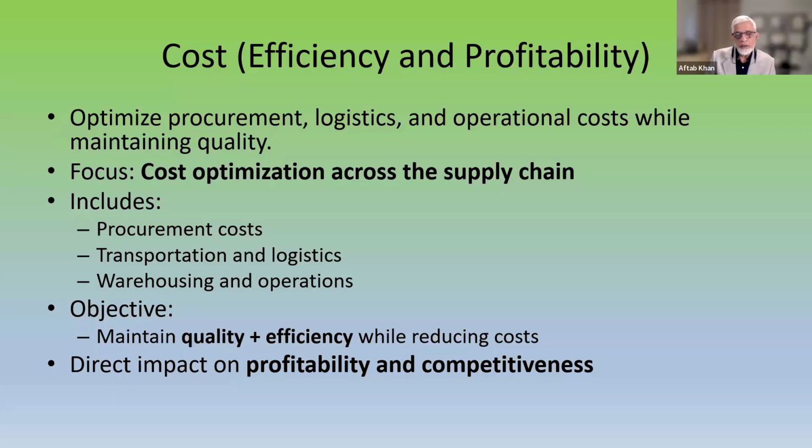And then look at the total cost of ownership. You buy a material at low price, but lo and behold, it goes into use on the shop floor and creates more scrap, more difficult setup, and poor quality in the final product. There you lose money. So the price tag is not the only measure. It's the overall life cycle of the product through its use, utilization, scrap, appearance, ease of use, ease of disposal, everything else. So it includes procurement costs, not just the cost of the material itself, but how you procure. Are you set up properly? Are you organized properly?